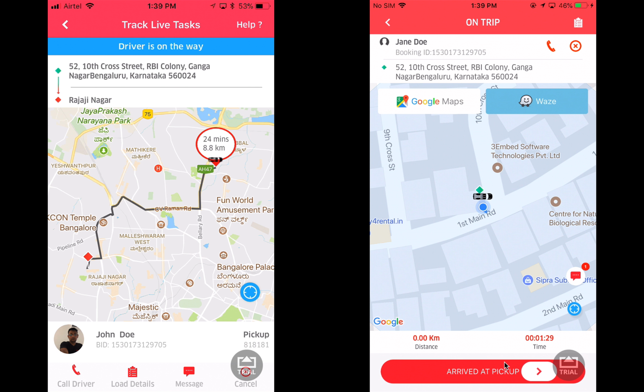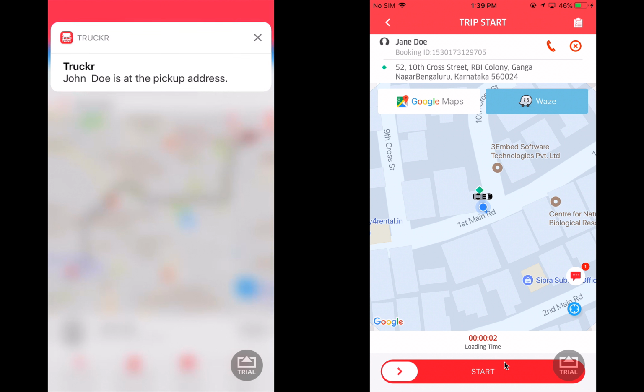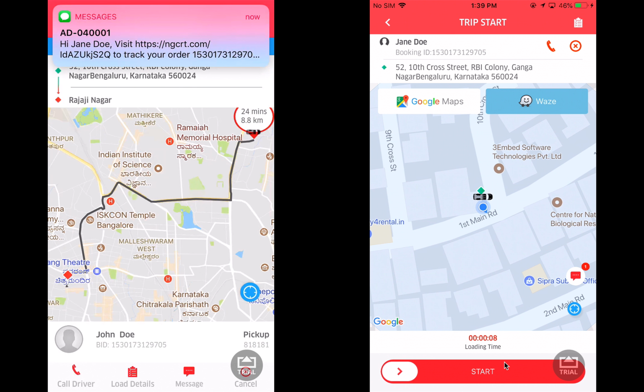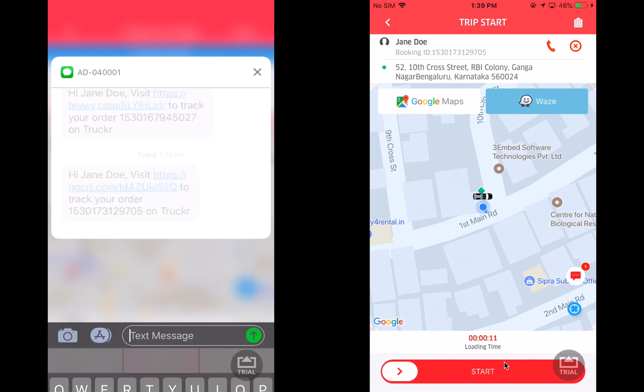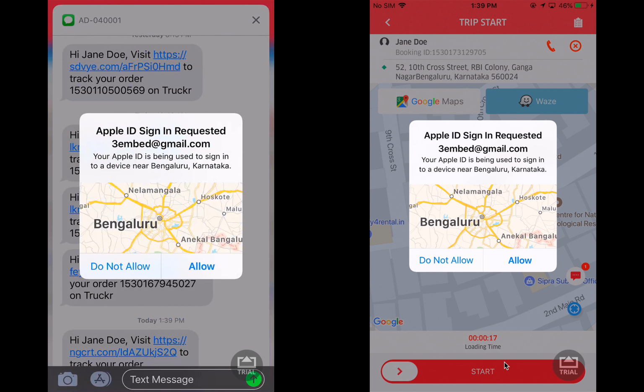So when I swipe right, I've now arrived at the pickup location and the shipper gets a push notification about that. And the receiver tracking link has come as well. This is the link that the receiver can use to track his shipment. So when I click on the link,